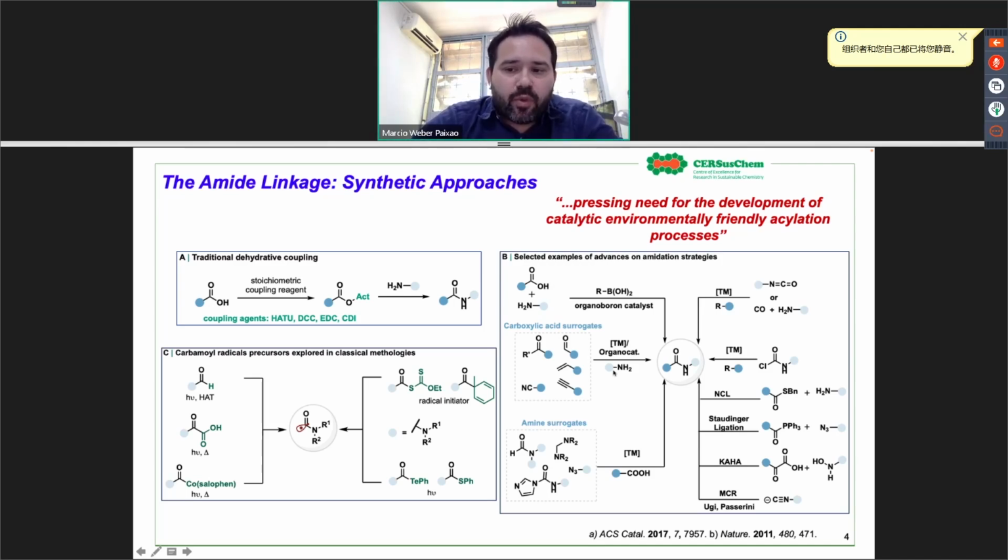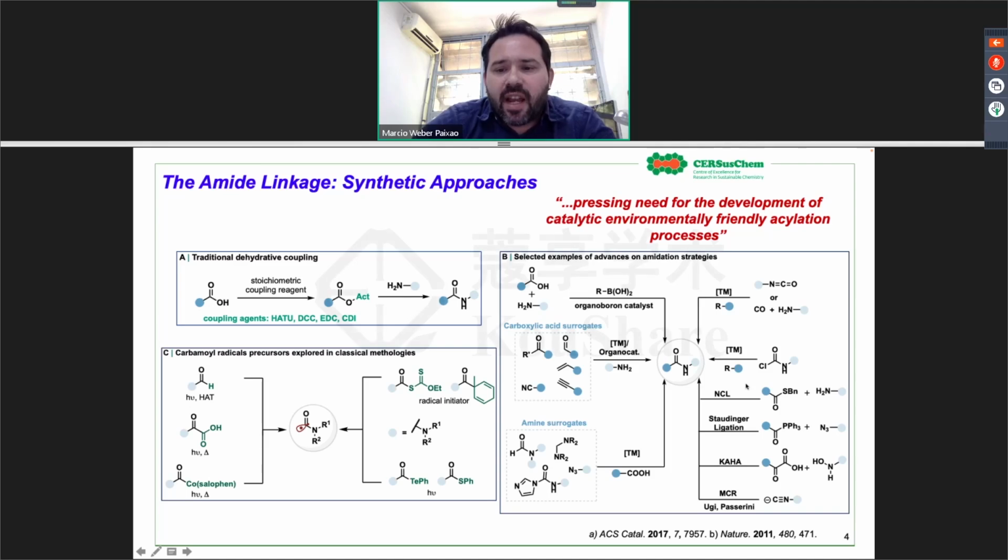These chemicals are used for many purposes. These methods suffer from poor atom economy and are often incompatible with sterically congested amides. Consequently, a search for a broad catalytic amidation strategy has been pursued over the years. And here in this box, you can see some of the methodologies already described for this, where I would like to highlight some of them.